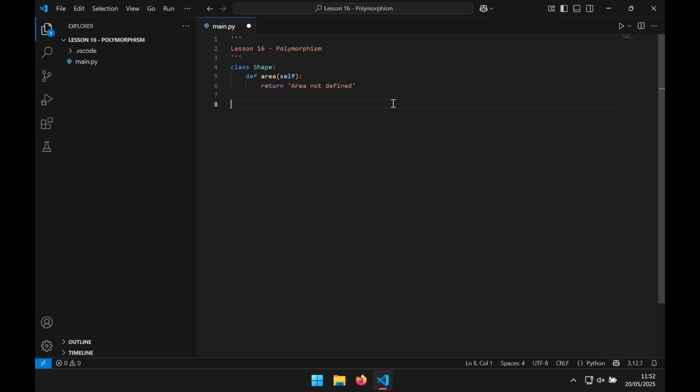Let's get started. Let's create a subclass: class Circle(Shape): new line, def __init__(self, radius): new line, self.radius = radius, new line, def area(self): new line, return 3.14 * self.radius ** 2. And let's create another subclass,